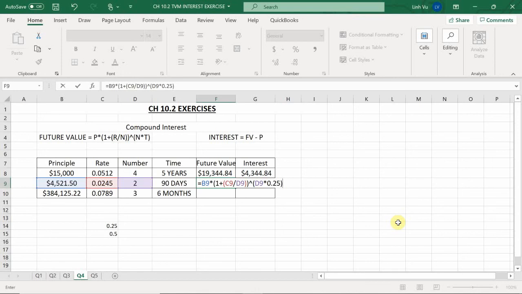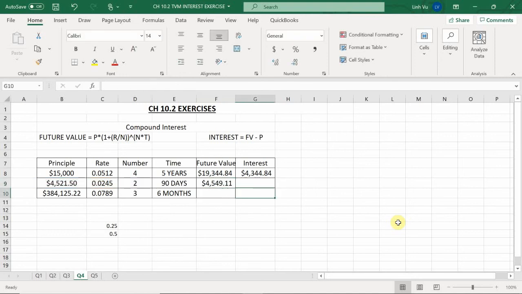Anybody? What's the future value? I got $4,549.11. Good. Which then brings my total interest to be $27.61. Good. Last but not least, let's go ahead and compute this last one here to figure out how much